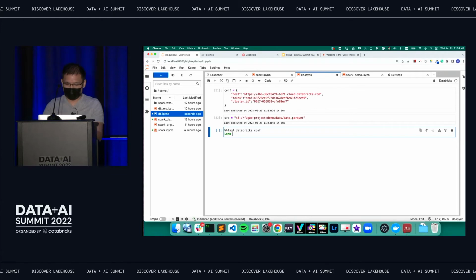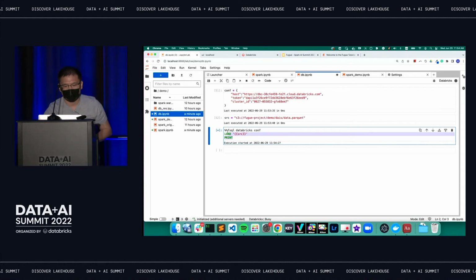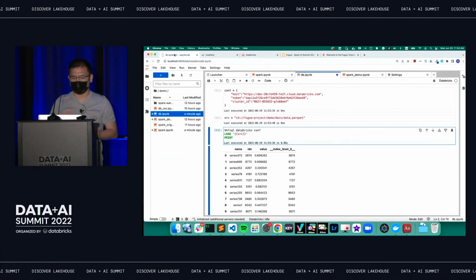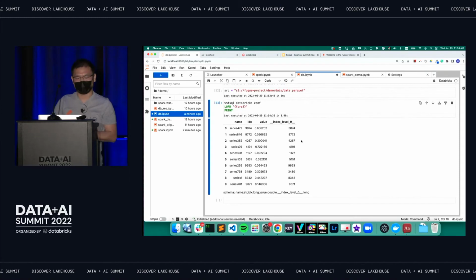Okay, now let's just load this file and print. So this whole thing, this cell, is actually running on the remote Databricks cluster. And you see we already get some result back. With this, at this point,